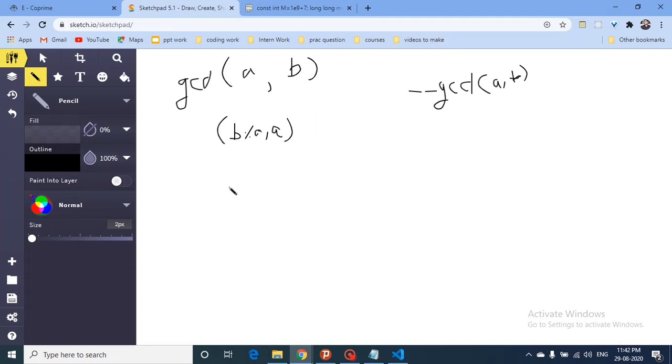So let's assume that we want to find out the factors for 4. So we will iterate for 1 and 2. Then we will do 4 mod 1. Okay, this is equal to 0, which means that 1 can divide 4. So the factors can be 4 and 1.